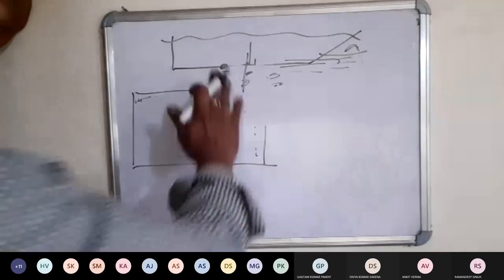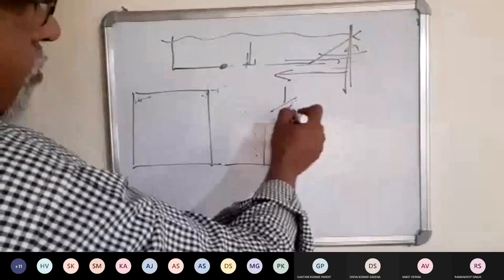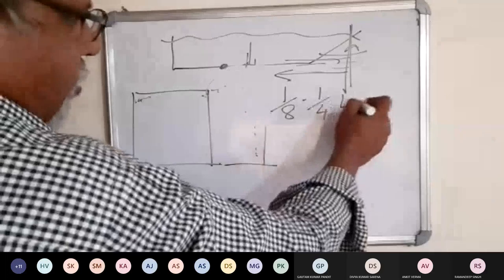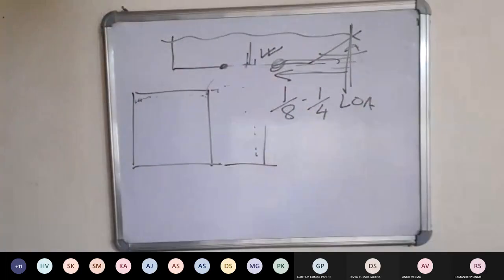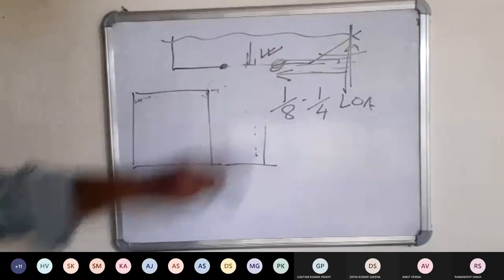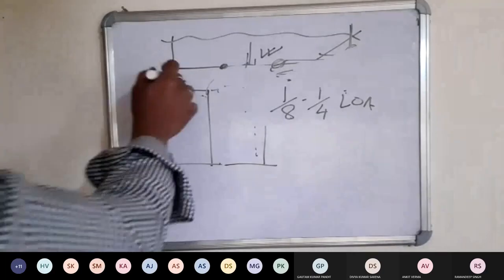But it does not happen all the way. So from the bow, at some distance like 1/8 to 1/4 LOA, around here, we get reasonably good results. So the transducer should be fitted at a place where there is the least amount of bubbles. Also away from the sources of other noise, engine room से दूर भी रखना है।